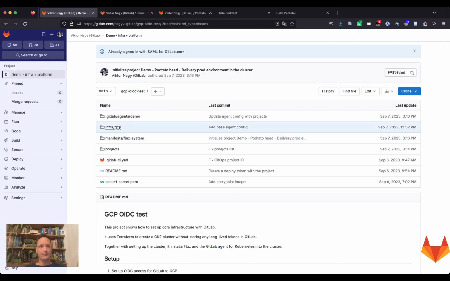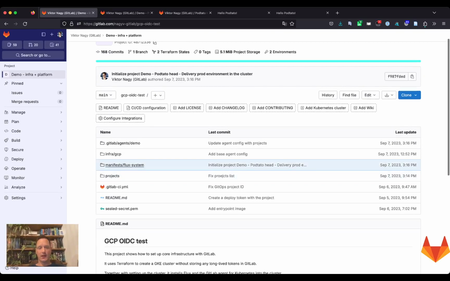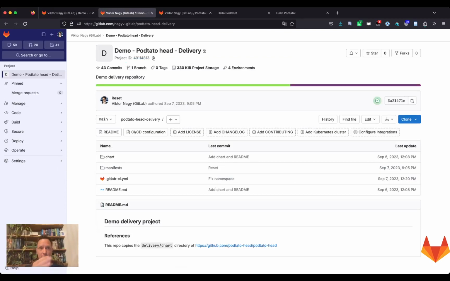So we have an Infra Plus platform project where we created the cluster with Terraform, and we have this Terraform project that hosts a YAML file that defines the actual platform managed infrastructure and project. And all of this in the end deploys through Flux, and we can visualize it with the agent. What the Terraform project does is that it creates, for example, this repository here, which we call a